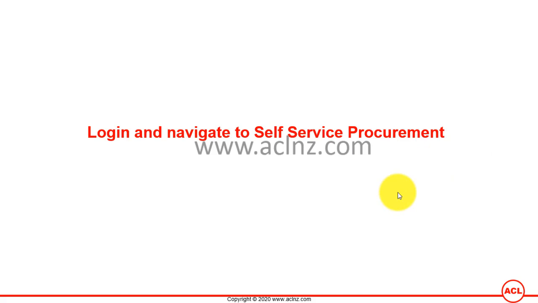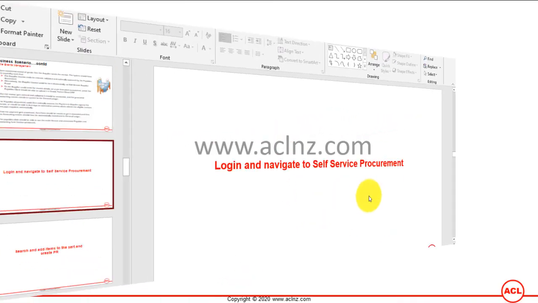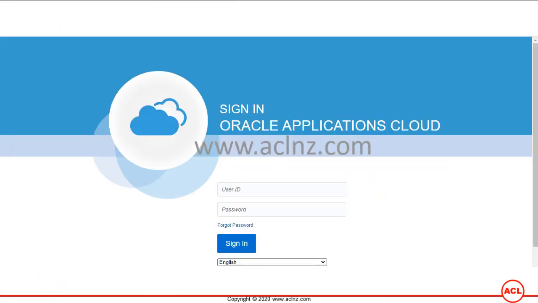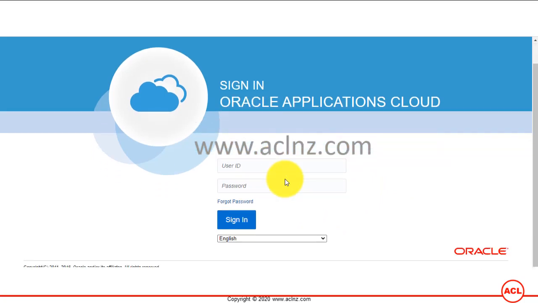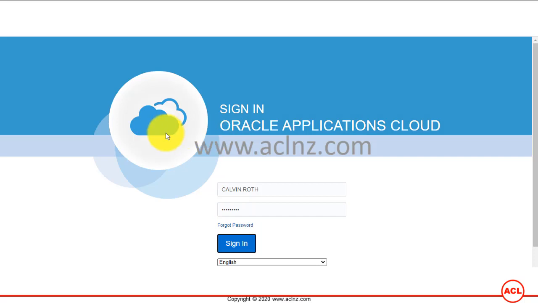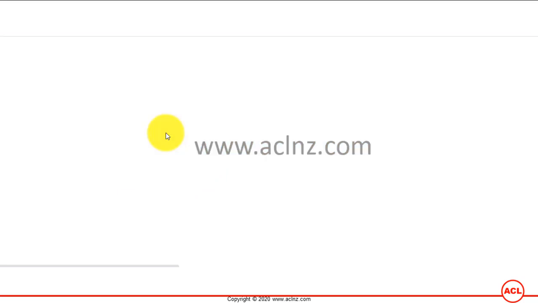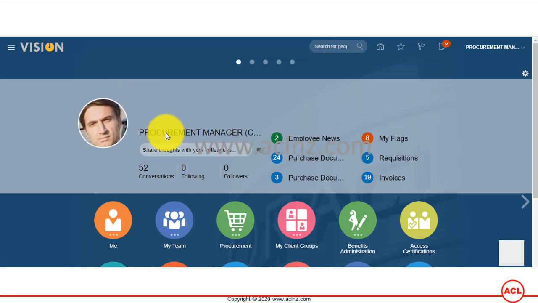So I'm gonna escape this, and then here I'm gonna go into the browser, and this is where you've got to provide the link to sign in into Oracle Applications Cloud. So I'm gonna use the user Kelvin Roth to log in. Hit the sign in button. So it's logging in. Alright, so this is Kelvin Roth, and he's the procurement manager for US1 business unit in